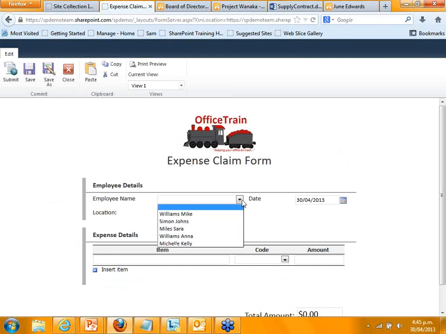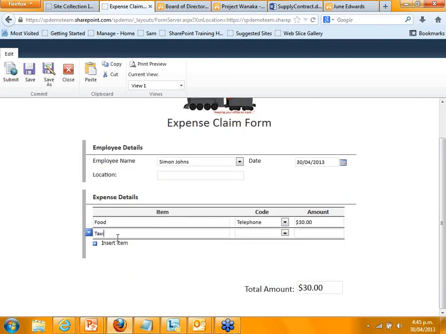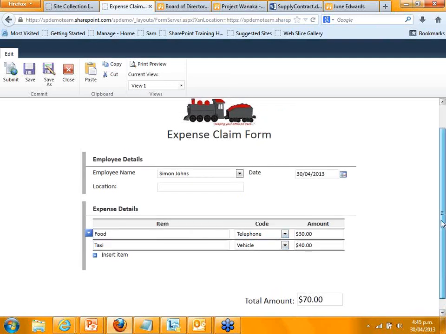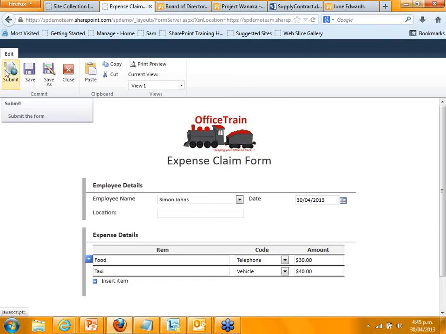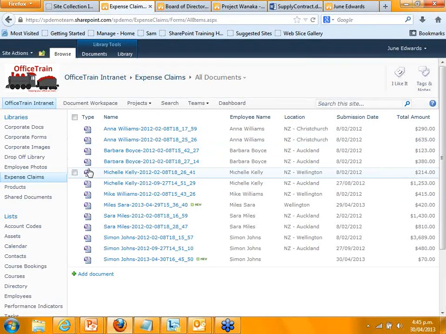But you can see here I've got an expense claim form. So I can choose the person, I can start editing whatever I want to, choose a code for it, choose an amount, and it's going to go ahead and update for me. I'm not choosing the right things here, but anyway, all the different things. So you can imagine purchase orders, expense claims, leave forms, anything like that, and I can go ahead and submit them and then get all sorts of different approval assigned with that, and they'll all be kept in the one place. So it's just a different type of library. So libraries are great.